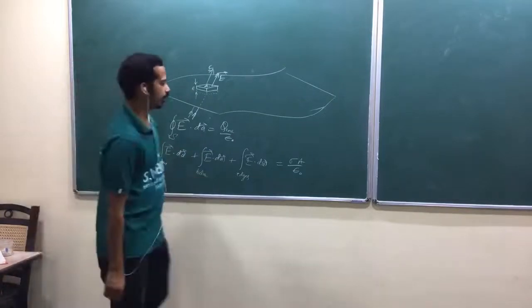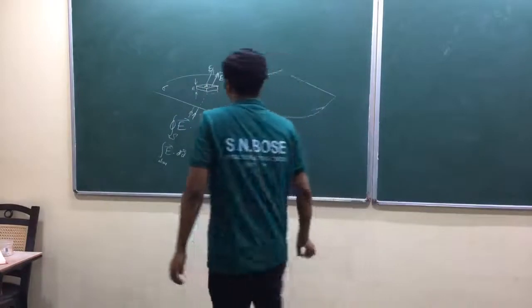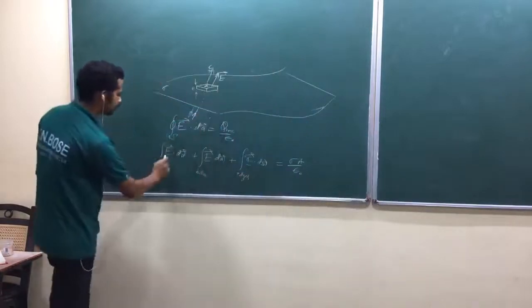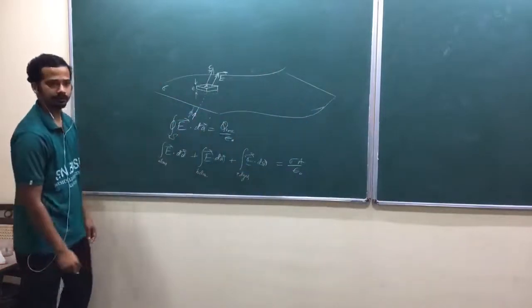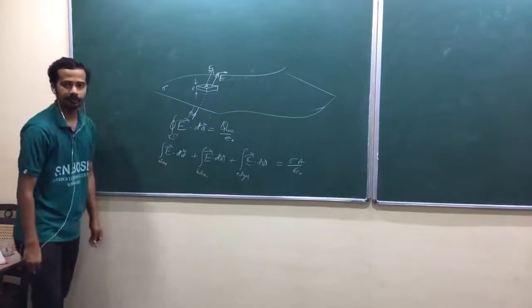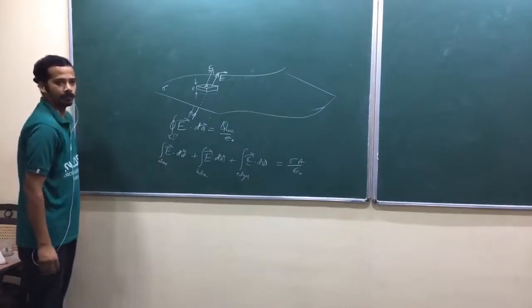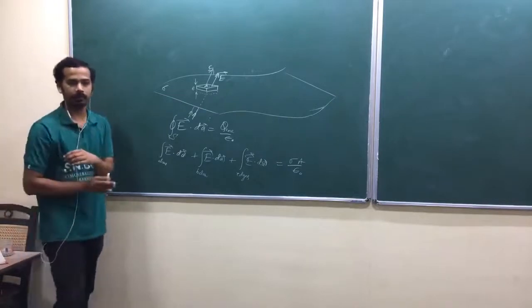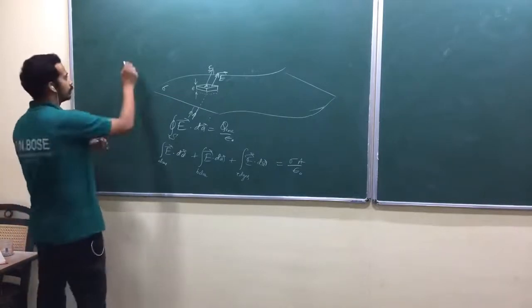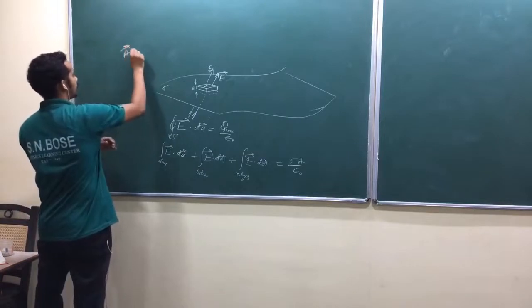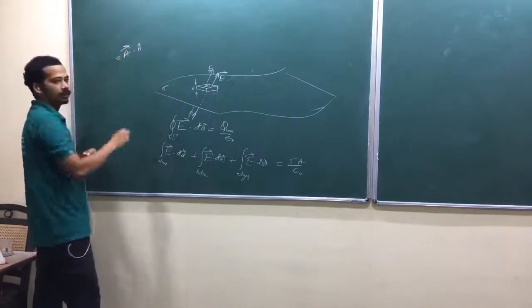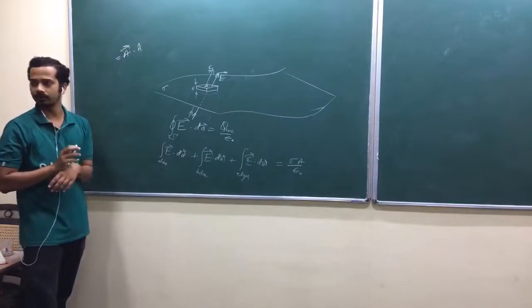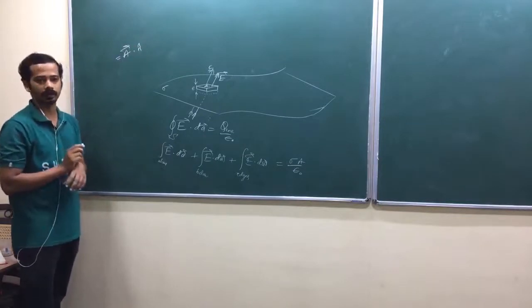So now look at here. When I write this Gauss law, look at here above, what will this dot product do actually? Any idea? What will the dot product do? It will take the component of a vector. Am I right? So suppose if you need the component of a vector along n cap, what would you do? You are going to take the dot product with the unit vector along that direction. That's what we call the component of a vector.